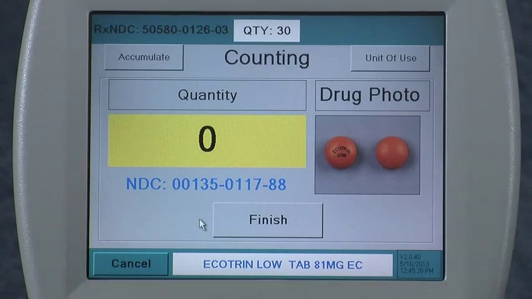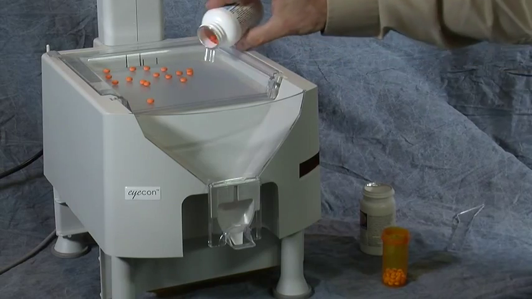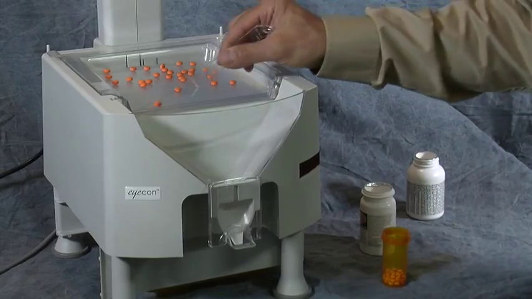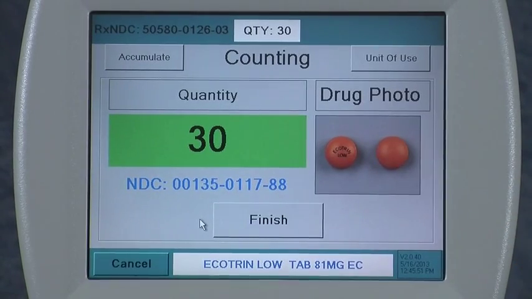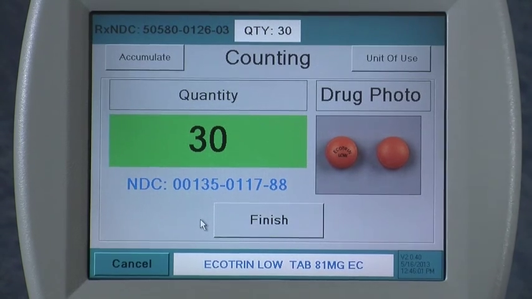So now if I go ahead and pour those pills on the tray, pour the excess, scrape off the excess, put it back in the stock bottle, press finish. But before I do that one, let me show you. I'm sure you all run into a situation where you're short on a particular drug and you need to short fill a prescription. So if we go ahead and